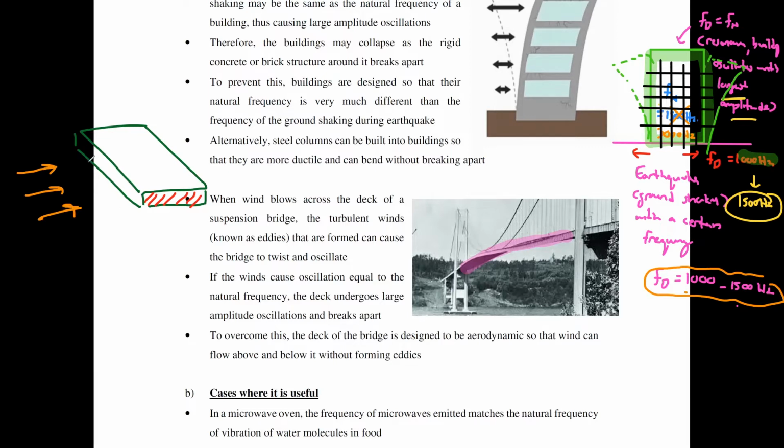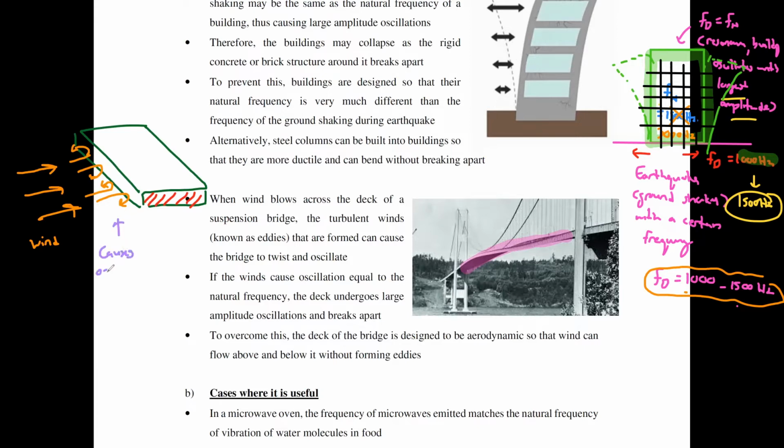When wind encounters the bridge, if your bridge is squarish like this with no holes through it, what happens is that when the wind hits the bridge, it can't flow over the top, it can't flow over the bottom. Instead, it flows head-on onto your bridge, then after that, it can't move through, it will just turn back. It hits and then it turns back, like this. So this wind blowing back